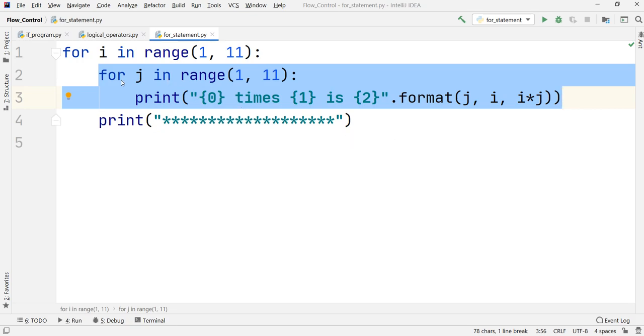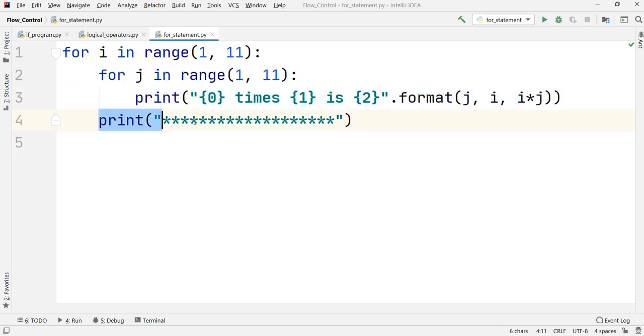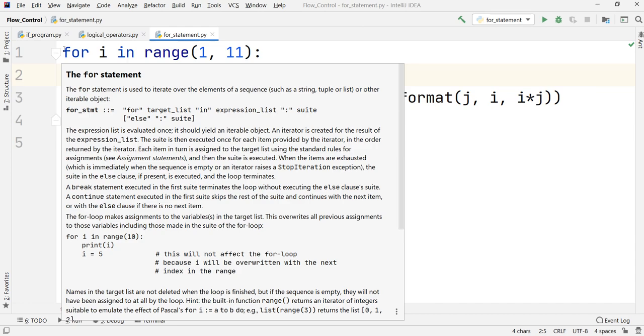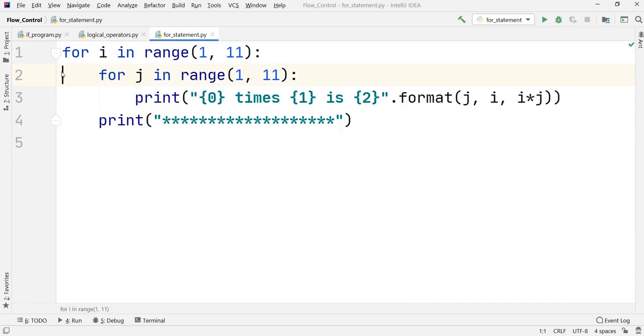After completing all the execution for one value of i, this separator is also printed out, and that is why after each number table we had that particular separator, because of this indentation. But be very careful regarding the indentation. This is the basic indentation, with no indentation at this level. At this level is the first indentation level for the first for loop, and this is your second indentation level. This is again coming back to your first indentation level. So indentation is very important while nesting for loops.